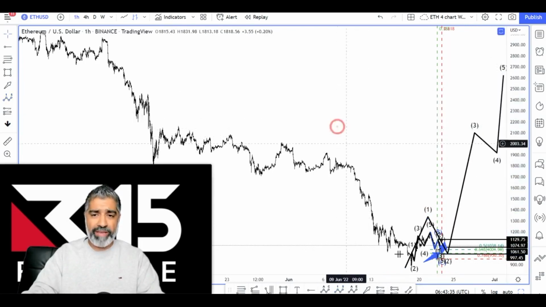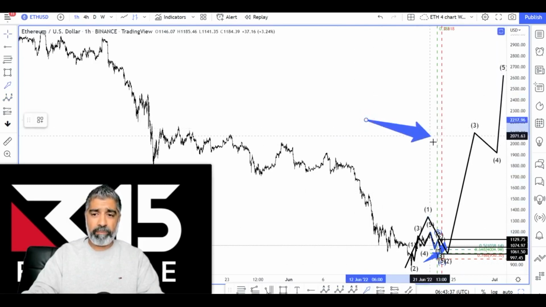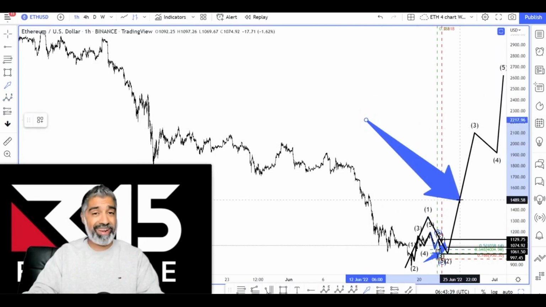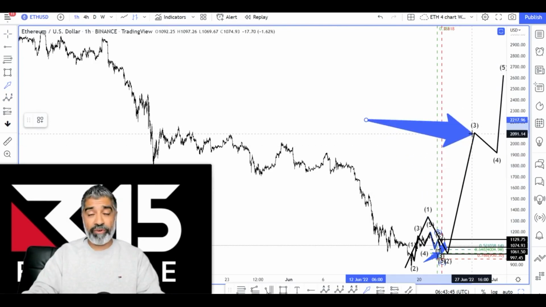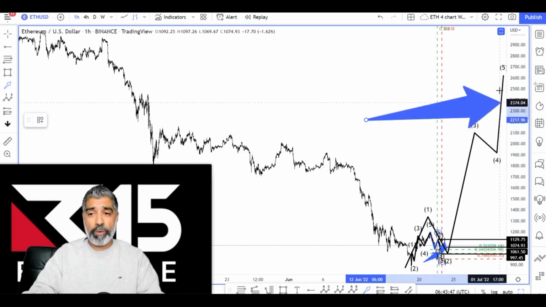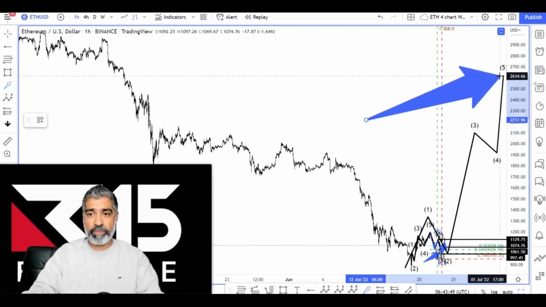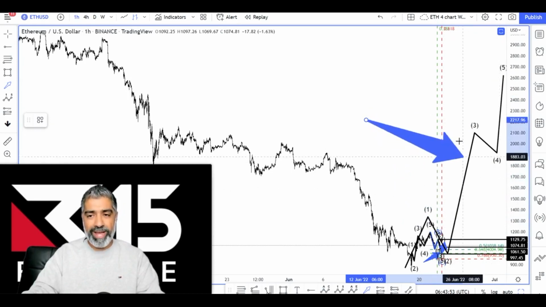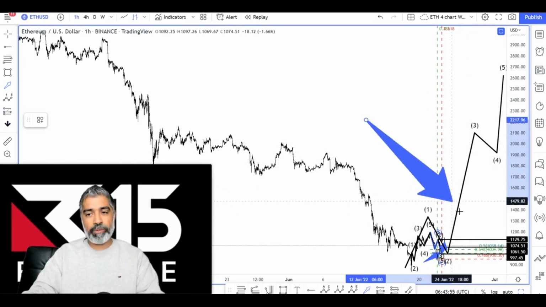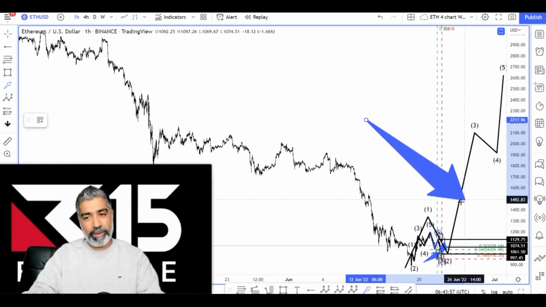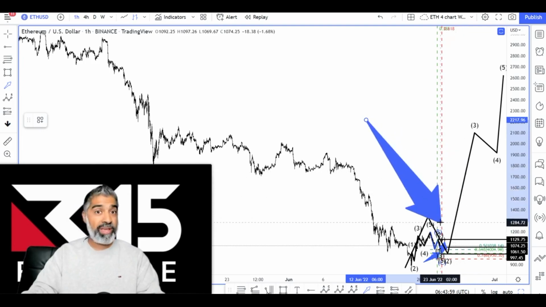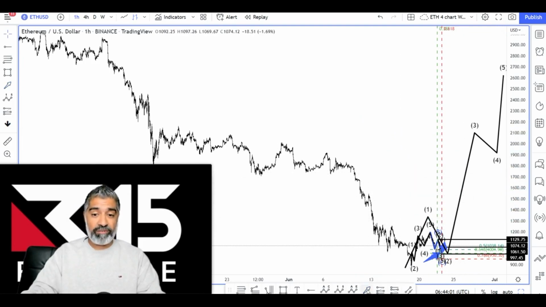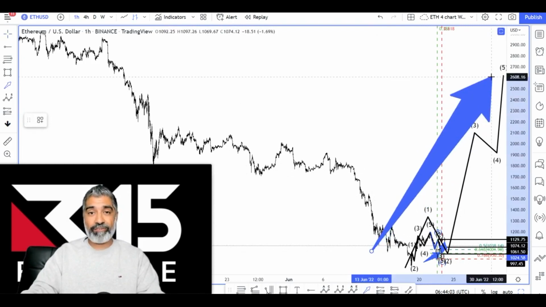And then we would either look to be taking half of our profits around here as insurance, get risk-free, and so on and so forth, lock in some profits, either at this wave 3, depending on how it unfolds, or we'll let it unfold until the top of the wave 5, and we'll look for compounding positions, or as this unfolds. As this unfolds, there'll be pullbacks, there'll be breathers, and we'll get more into our position. And basically, the trend is your friend. Ride it until its end, until it reaches its bend.